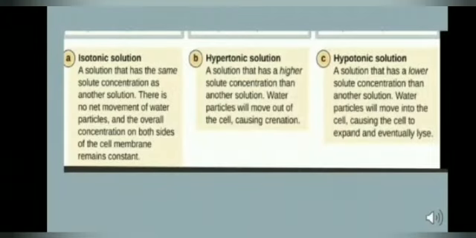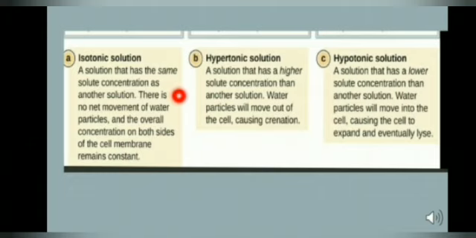Now, depending upon the osmotic pressure, the solutions can be categorized into three types: the isotonic solution, hypertonic solution and hypotonic solution. Now, isotonic solutions. Two or more solutions having the same osmotic pressure are said to be isotonic solutions. Here pi 1 will be equal to pi 2. For example, if we take 0.1 molar urea solution and 0.1 molar sucrose solution, they are isotonic. Why? Because their osmotic pressures are equal.